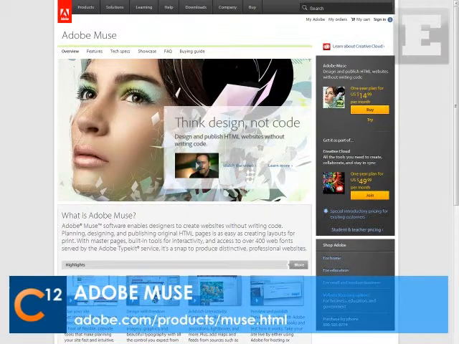But in particular, I want to call out Project Muse. It's no longer called Project Muse. That was back when it was in Adobe's labs. Adobe had actually killed off this really rich WYSIWYG editor for websites, and they brought it back, and it's better than ever. It started shipping last Friday, and it is just an incredible tool for creating websites very quickly